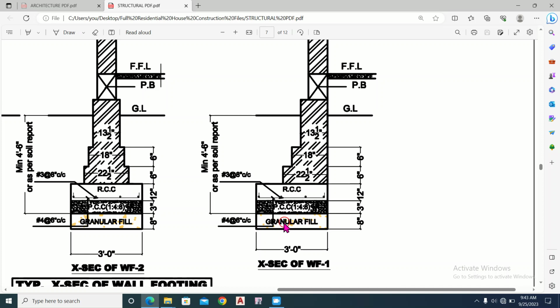Here we have to provide the granular material as a pillar at this bottom of the excavated portion, and this granular pillar material has a thickness of 8 inches. Above this pillar we have to provide the PCC, plain cement concrete, of 1:8 ratio. Normally the PCC has a thickness of 3 inches, so here we have also provided a thickness of 3 inches, and then we have to provide the RCC as the footing, so it has a thickness of 1